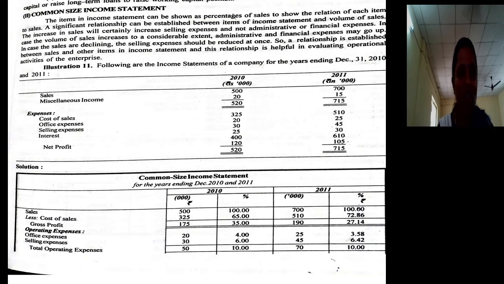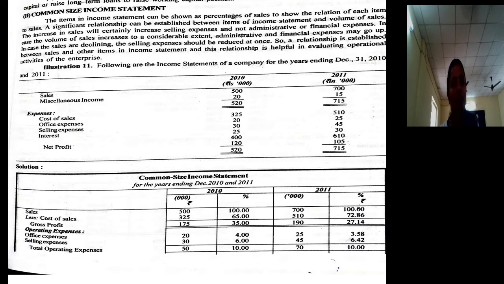So let me have an illustration of preparation of common size income statement. So we have 2 years figure. So when we have 2 years figure, remember we had two companies figure, particularly in last illustration where we prepared common size balance sheet. We need to have 4 amount column. Here we have 2 years figure, so we need to have 4 amount column. So for 2010, 2 columns to record the absolute figure as well as percentage, not change, and 2011 also, for absolute figure 1 column and for percentage other column.